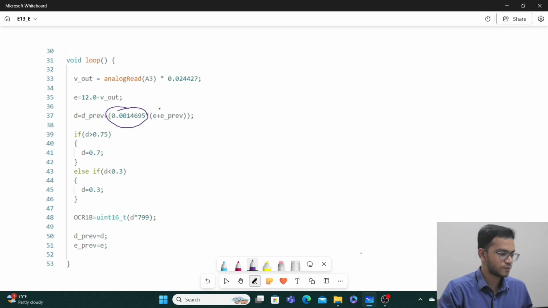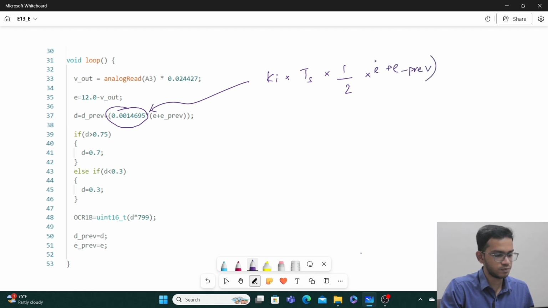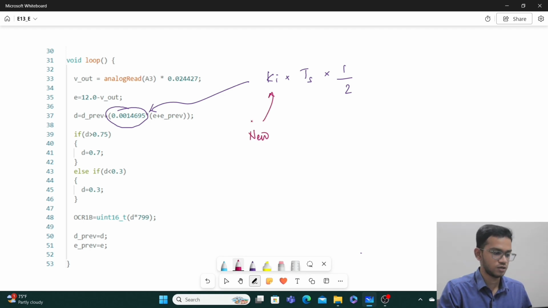So what is the expansion of this particular term? I have already told before, this term is nothing but Ki into Ts into 1 by 2, because this whole term is Ki into Ts into the average of E plus E previous. That's the story here. But since E plus E previous is already there, we are going to focus only on this. Now here you will have to plug in the new value of Ki you got, and this Ts should